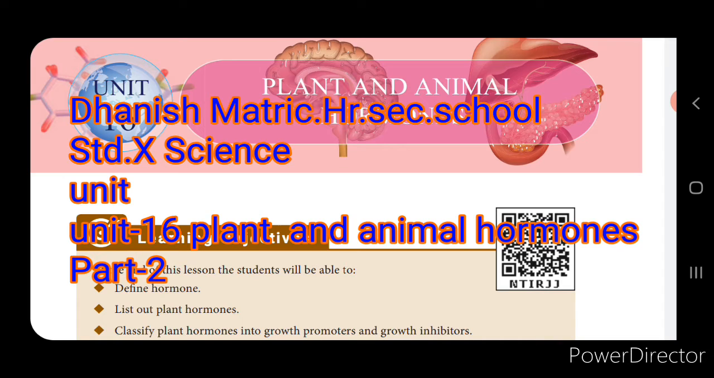In the last session, we were dealing with lesson 16, plant and animal hormones. We dealt with the plant hormones, the five major classes of the plant hormones and the physiological effects of each of the hormones. And we also dealt with the human endocrine glands. Now, in that, we saw the pituitary gland, under which we dealt